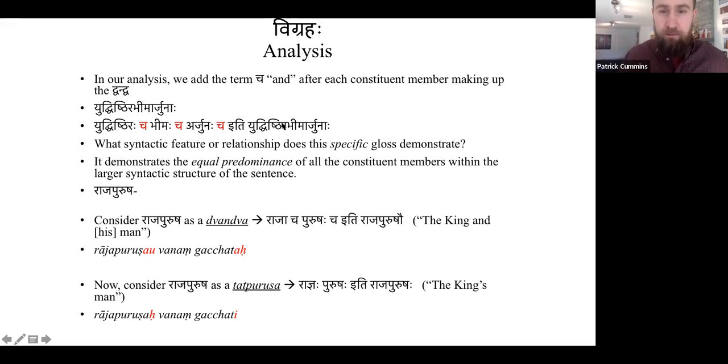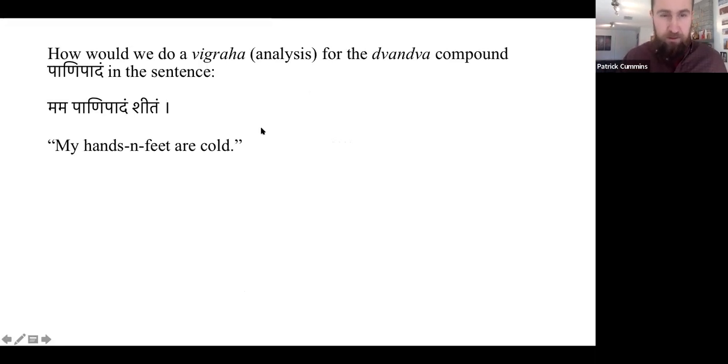And so the fact of this being an itaretara dvandva is, we'll see further criteria in a minute for why certain things should be samahara dvandvas and why certain things should be itaretara dvandvas. But for now, let's simply take as a fact that this is a samahara dvandva, but that in the analysis, what comes before the iti should reflect the factual state of affairs. So how would,